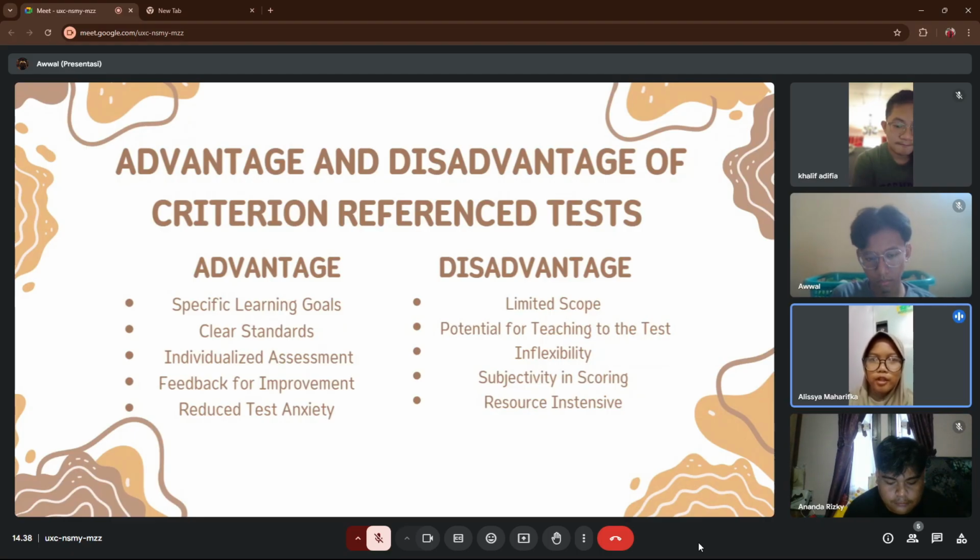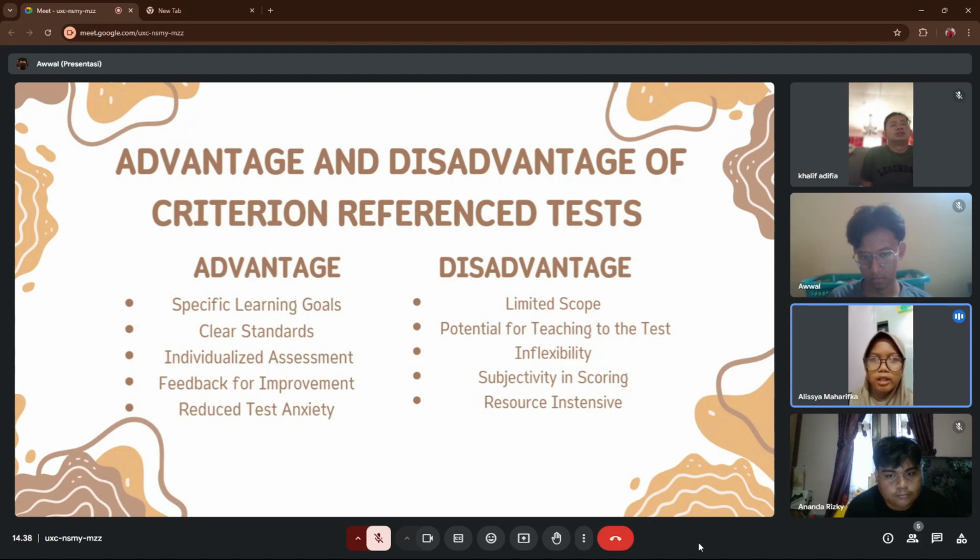Two, potential for teaching to the test. Educators may focus primarily on the content assessed by the CRT, potentially limiting a more holistic approach to education.